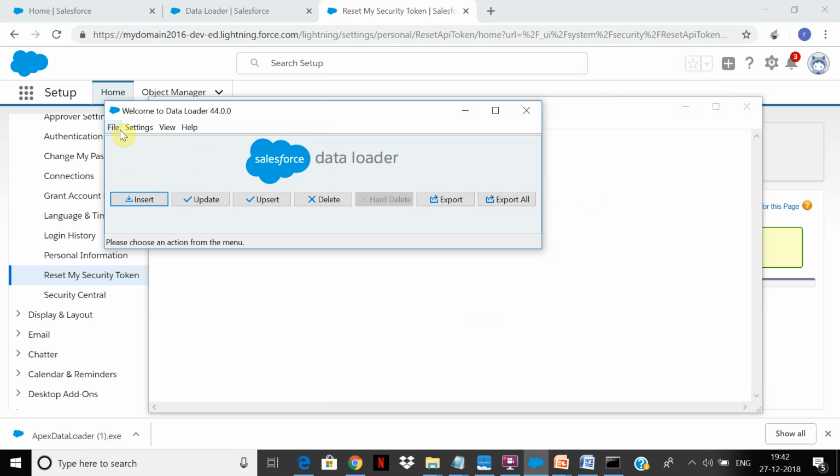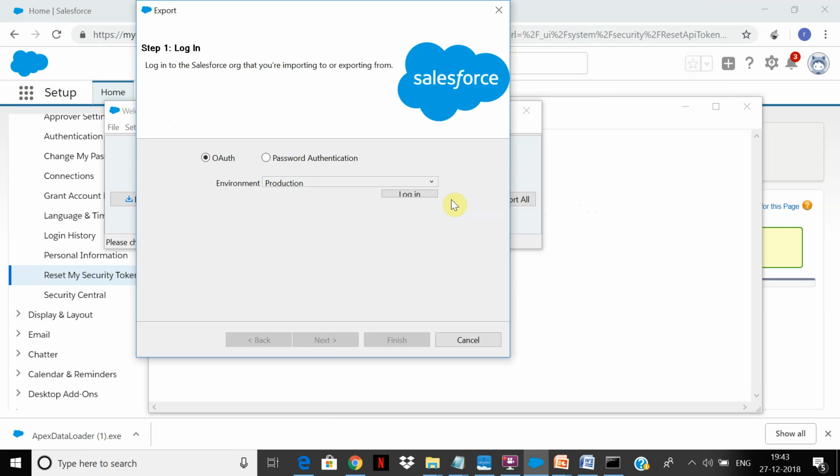The first thing we're going to do is export some data out. So click on export. We're going to work with the student marks and student master. First, we are going to take student marks, export the data out, and then import the data back. Delete the records and import the data back. Let us see how to do it.